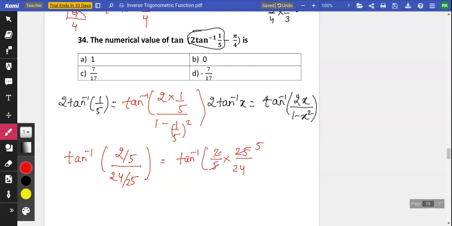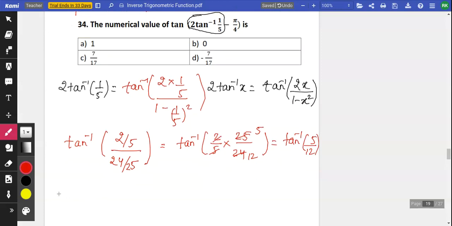This cancels out by 5 and this cancels out by 12. It becomes tan inverse 5 upon 12. Now put the value of 2 tan inverse 1 by 5. Tan inverse 5 by 12